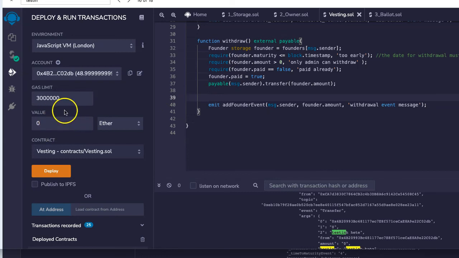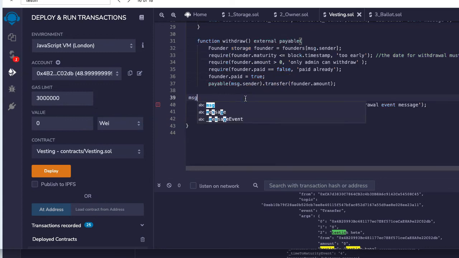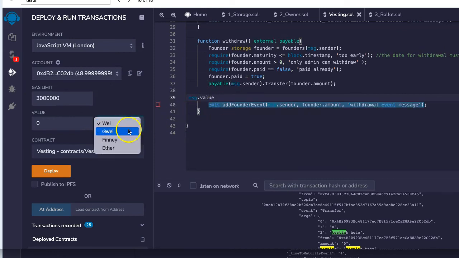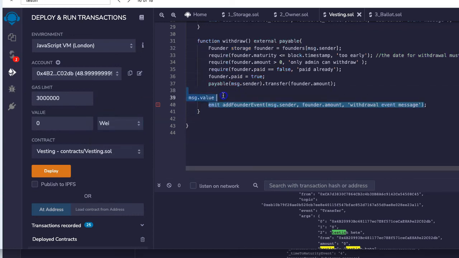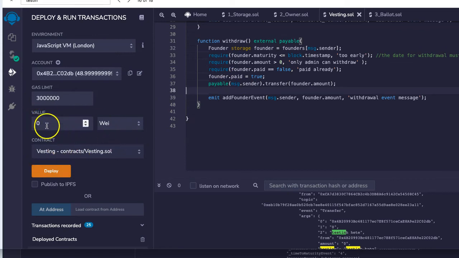Alright, so far, let's deploy this contract, but this time we have to enter an ether value. You can also use GUI or wei. So msg.value contains the wei. Remember that one ether is 1 with 18 zeros. Each of those 18 zeros is a wei. So msg.value, the denomination is in wei. Alright, so let's deploy this contract with, let's say,